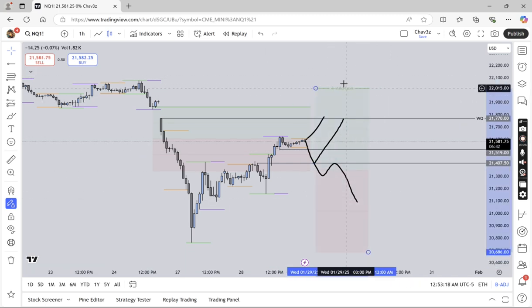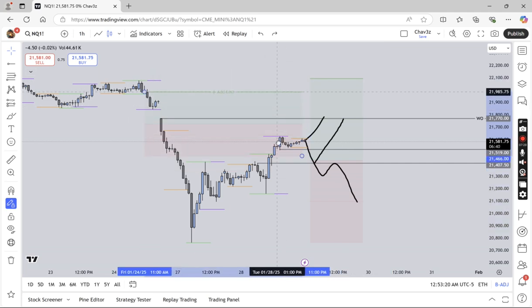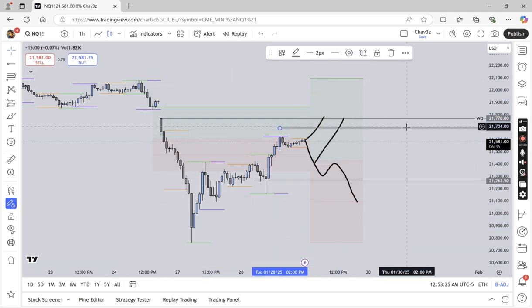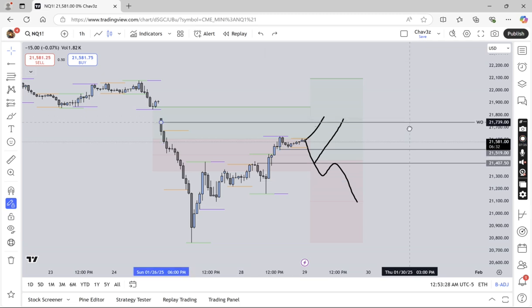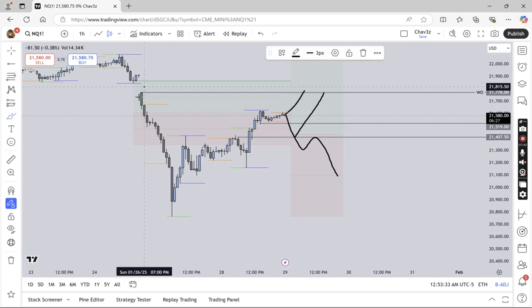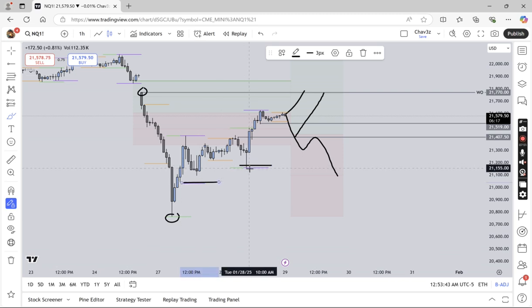We have this array, I believe we're trading in. This is that big imbalance on the 4 hour. This and this is our 4 hour fair value gap. And then this is our weekly open. So right now my draw on liquidity is going to be weekly open. This is the weekly open. This is where I want to see us hit, or the low of Monday. These lows are prominent. They're good areas to take profit, or they're good areas to use as targets. But ultimately, what I think is going to happen is if we come down and we take this low, we're going to go for this low, and then we're going to attack this one.